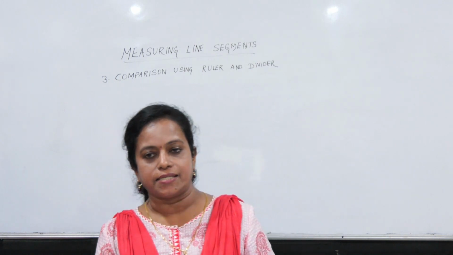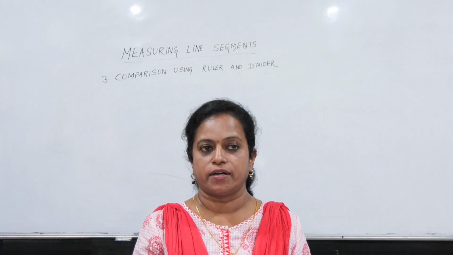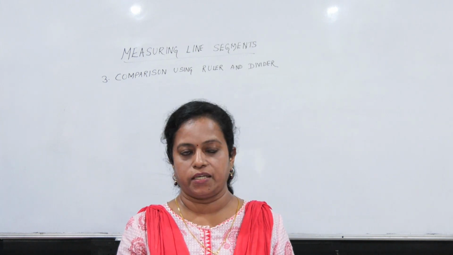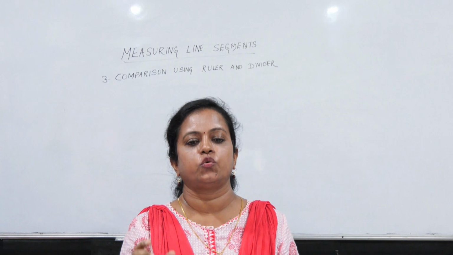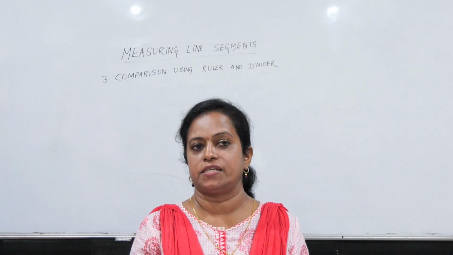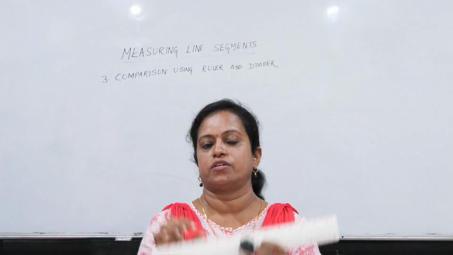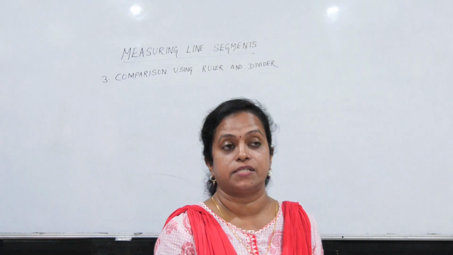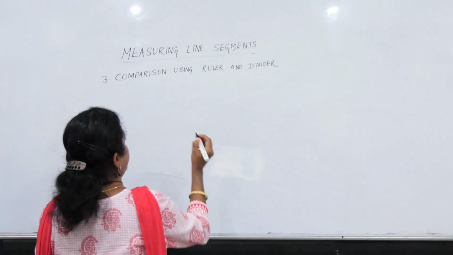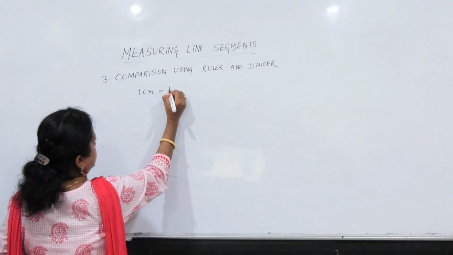Now what is this centimeter and millimeter? और इसके बीच में क्या कुछ relation है? That we are going to see now. Now centimeter, you will see how is it related to millimeter? 1 centimeter, because as I have said, in 1 centimeter you have 10 divisions. That means 1 centimeter will represent 10 millimeter.